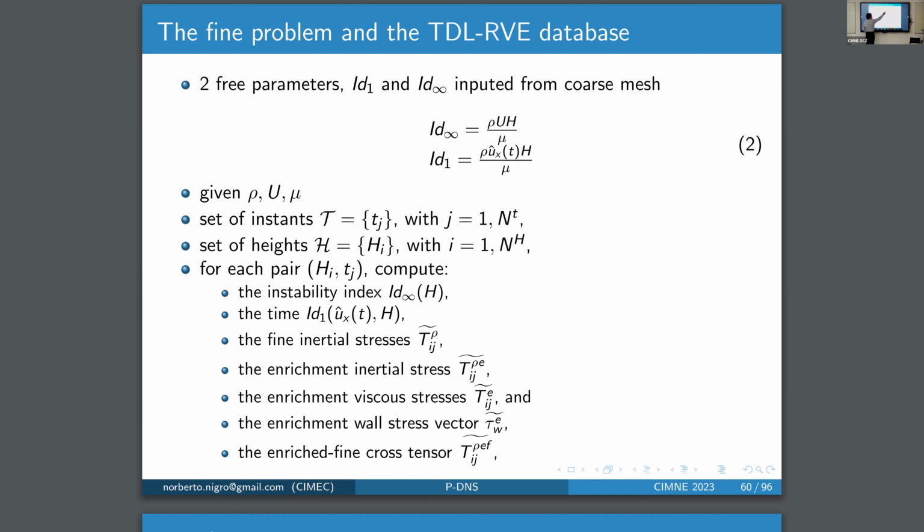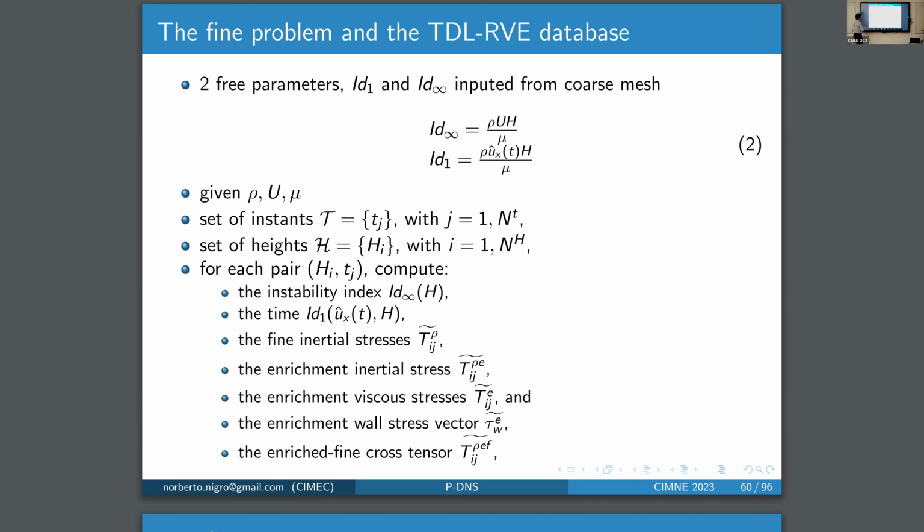The ID infinite is... this computation includes the viscosity that is fixed in the RVE, the U, that is the precursor velocity, the trigger velocity, that is also fixed, and the H that is variable. So